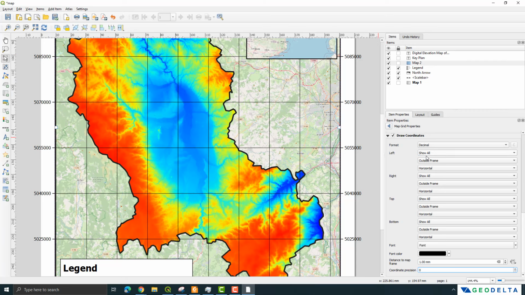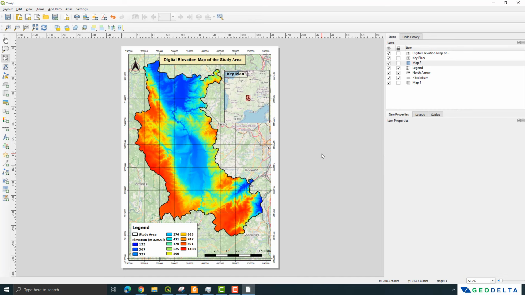So on the left side, you can go to this option and select vertical ascending. Now you can see that it actually switched to the vertical side. And similarly for the right side, I'm going to select this one to be vertical descending, just like this. Yeah, I think now this map is good enough to be published. Of course, if you do want to add more information, you can always try to make adjustments, and you can even change your page size from maybe A4 to A3 so that you get more area to sort of add